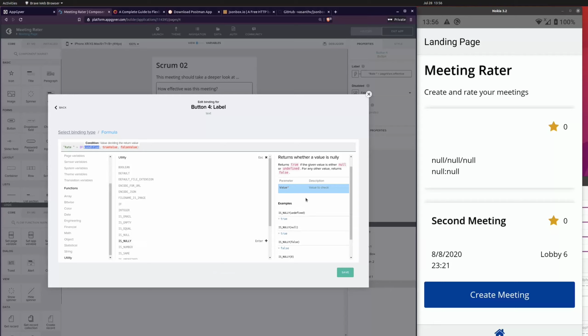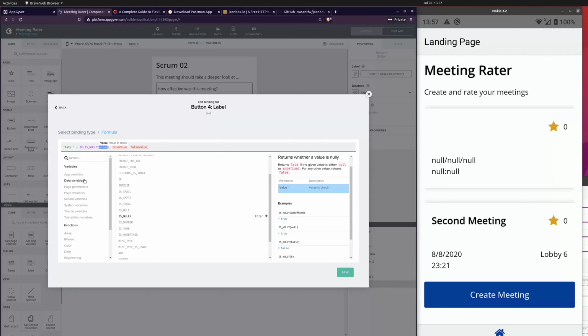Nully will check more than null. In effect, it also checks if it's undefined. So in JavaScript, you have different states which are similar, like undefined and null and NaN. They have some historic reasons, but sometimes you're checking for null and the value is really undefined. And to make sure that there are none of those, we can use the nully function